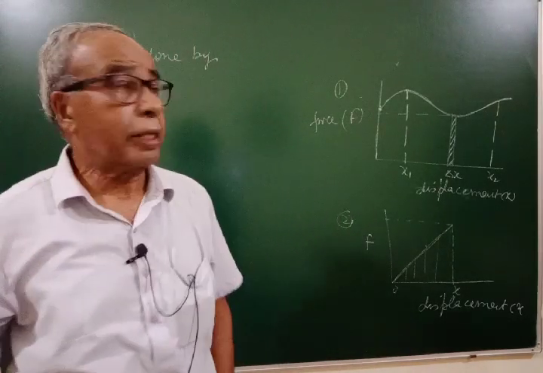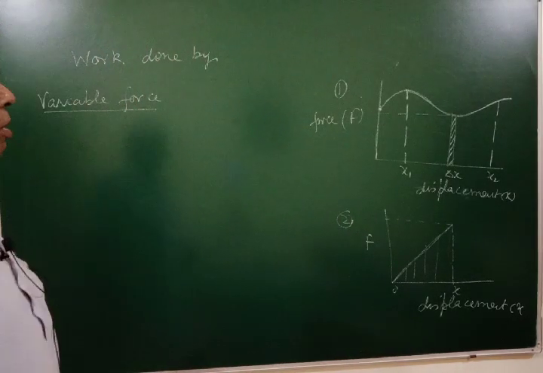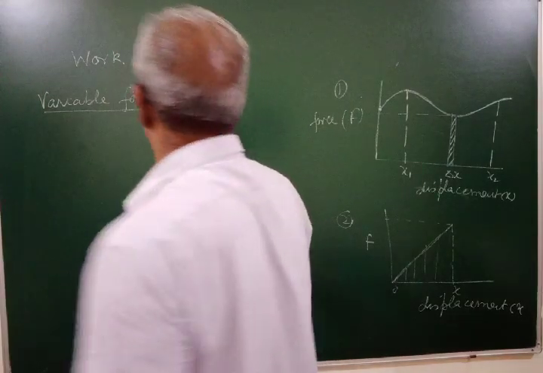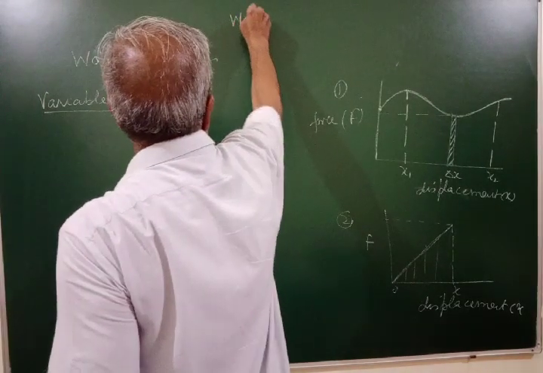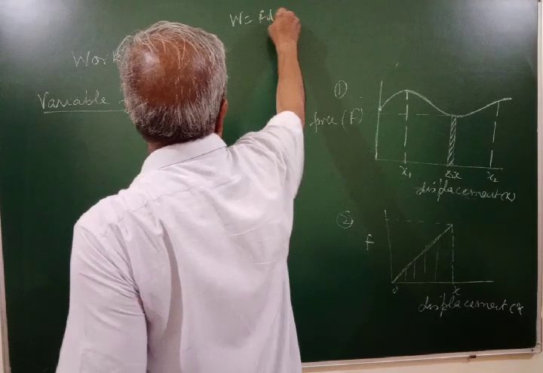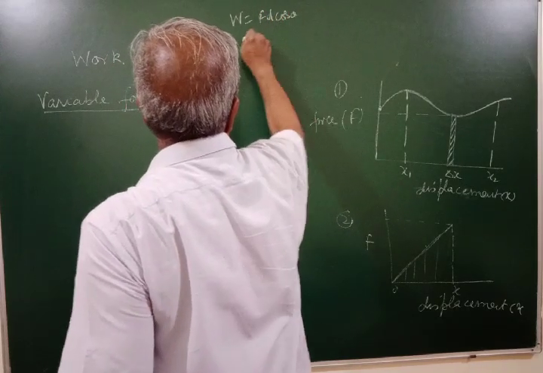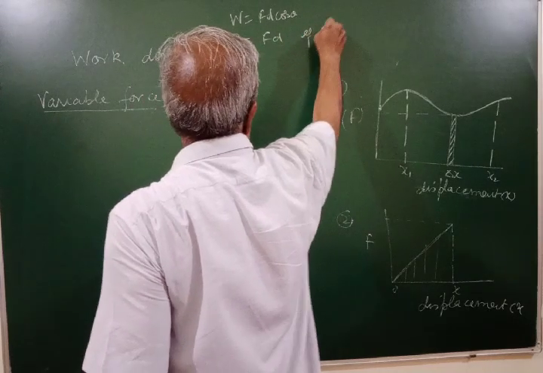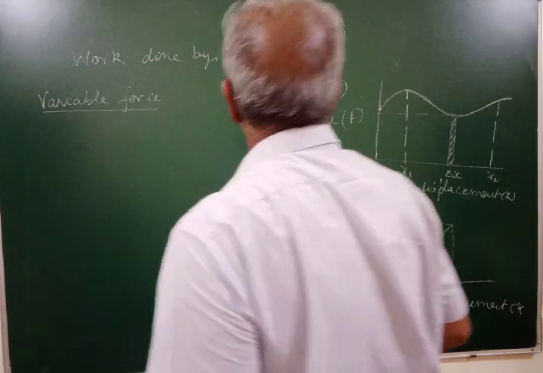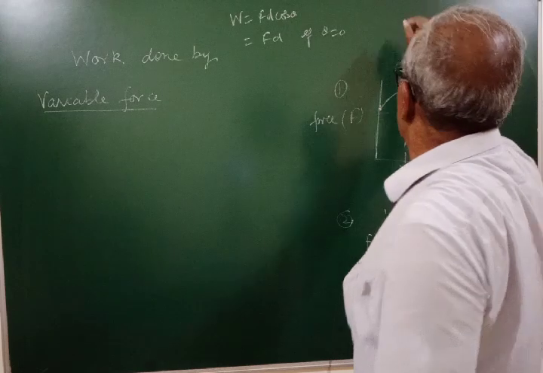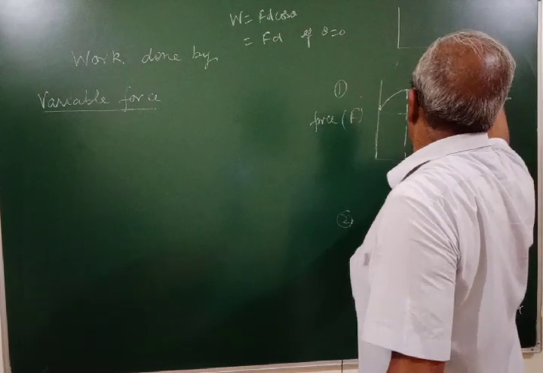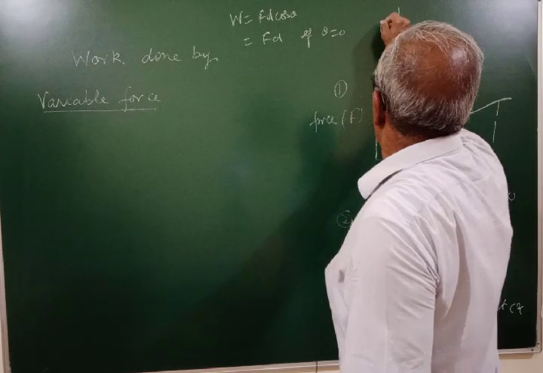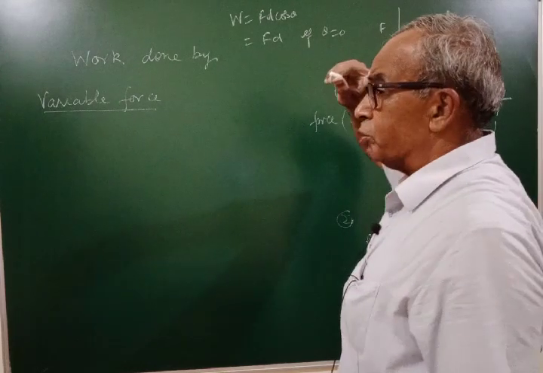Yes, dear student. Now I come to the point. Actually, I told you just now, work W equal to F D cos theta, and theta is 0, so F D with theta equal to 0. Now you can see one thing more. I am plotting force against displacement D. If force remains constant,